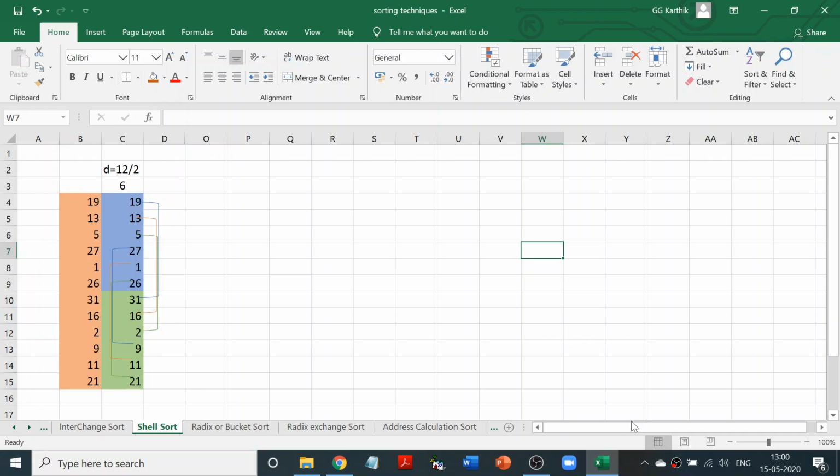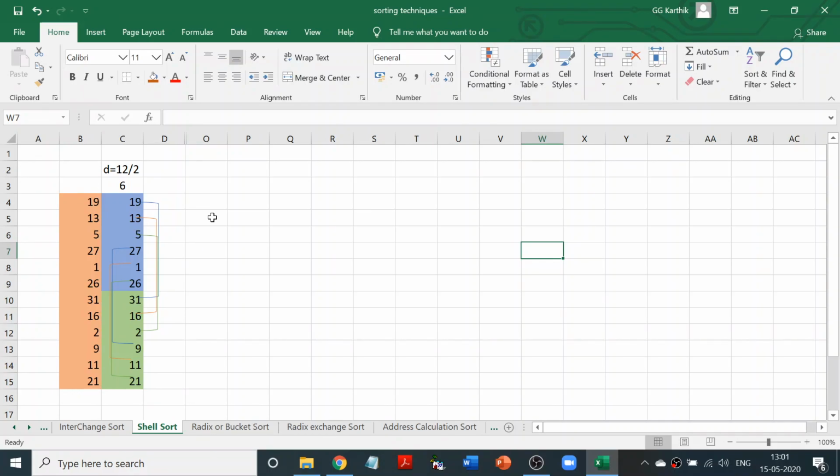Whatever is the given list, shell sort uses a method wherein you take the number of elements divided by 2, and that forms your D. It is similar to binary, where you divide the number of elements into two different sets. It's not the same, it is a little similar to that. In the first step, I had 12 elements and I have taken 6. I'm dividing the 12 elements into 6-element groups. The first group is in blue, the second group is in green color. That's how I have divided.